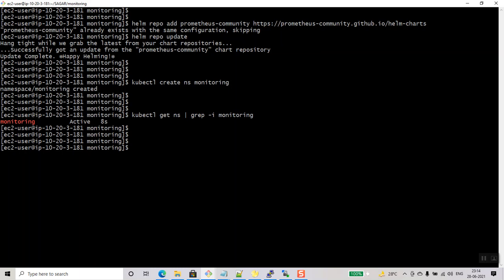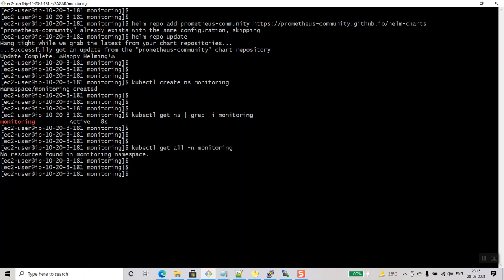See, I have a namespace monitoring now, and if we search all the stuff, it has no resources. If we search for service account, the service account is created by the service controller, which is default. Okay,